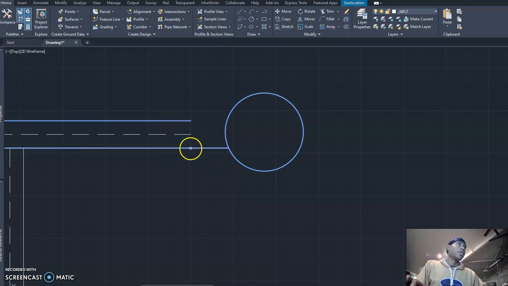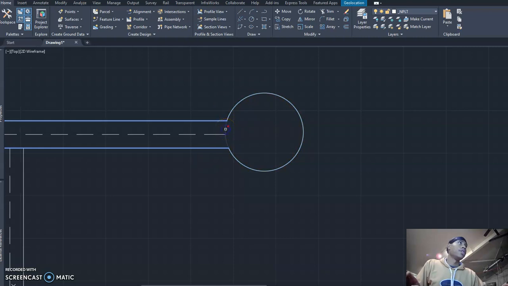Alright. So then I select the lines that I want to extend, but I also now can hold down the shift button. If I hold down shift, it allows me to actually trim now. So I'm holding down shift,